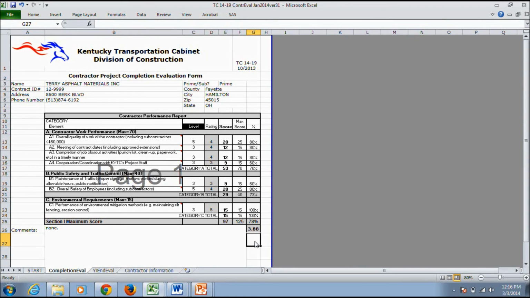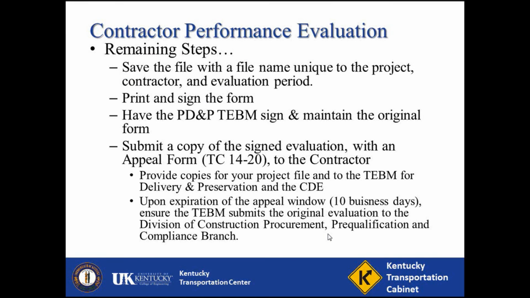steps of the evaluation. To finalize the evaluation, first save the file with a name unique to the project, contractor, and evaluation type, year-end, or project completion. Next, the form should be set up to print the proper area on a standard-sized sheet. Print and sign the form appropriately. Then you need to contact your PD&P branch manager and have them sign the original evaluation form. Obtain a copy of the completed form, but leave the original form with the branch manager, who will submit the